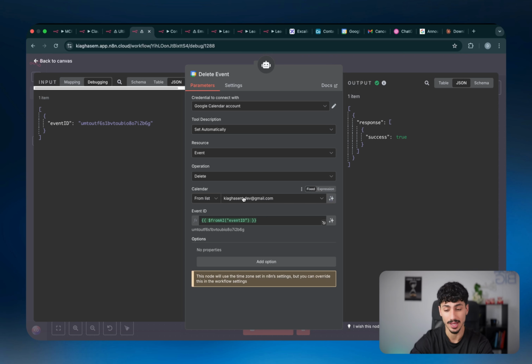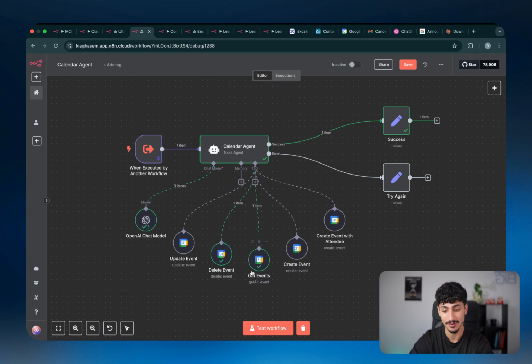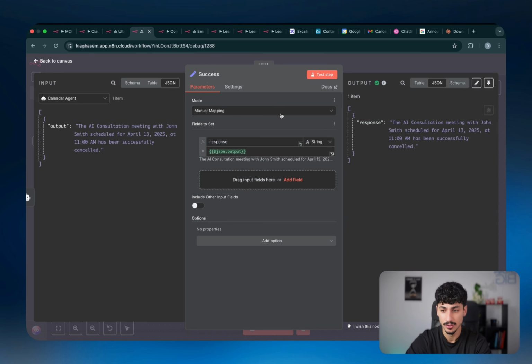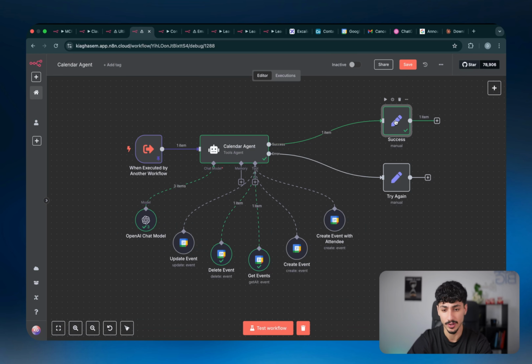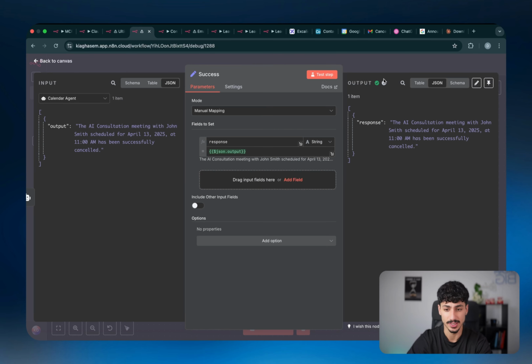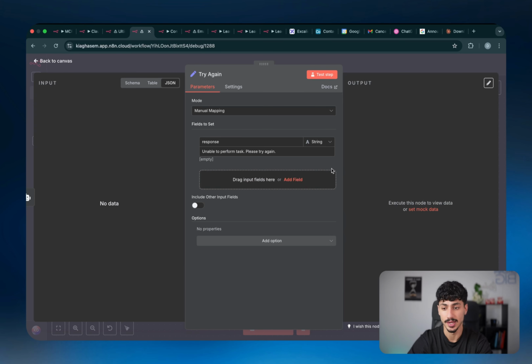So I hard-coded that in there, so every time it only uses my calendar, but now the only capability that the AI agent actually has is to be able to delete events using an event ID that it will define and actually will get by getting events inside this tool. So it will get events or get the event ID and then delete it with the delete event tool. And just to show you guys as well, we basically have two field nodes that are just defining what response should be sent out from the actual sub agent. So if the response is a success, it will basically just send out the output. But if the response is an error, it will just say "unable to perform task, please try again."